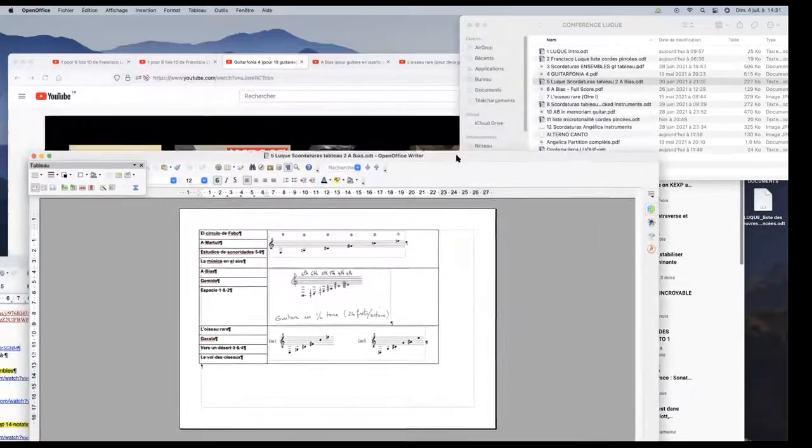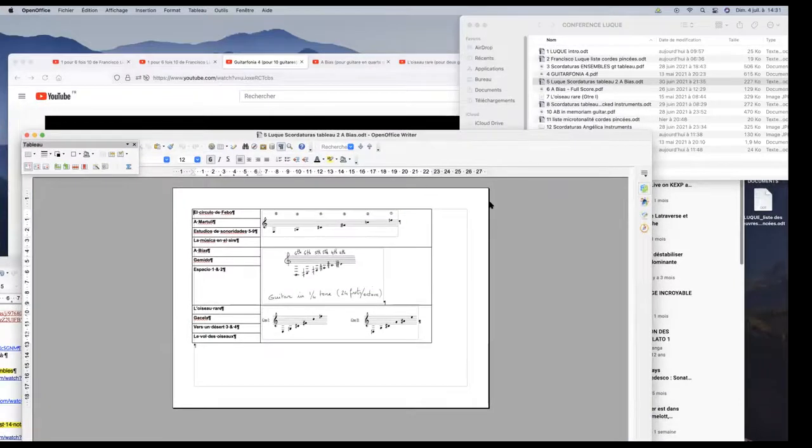Do you see the quadraturas? Yes. After this piece in ensemble, Francisco Luque began to write with the scordatura of each instrument, and this scordatura is very, very important. You can see it's only fourth plus the quarter tone. It's very equilibrated, and we have the physical fifth